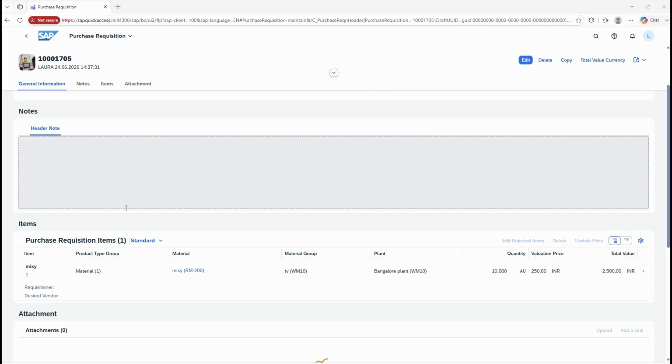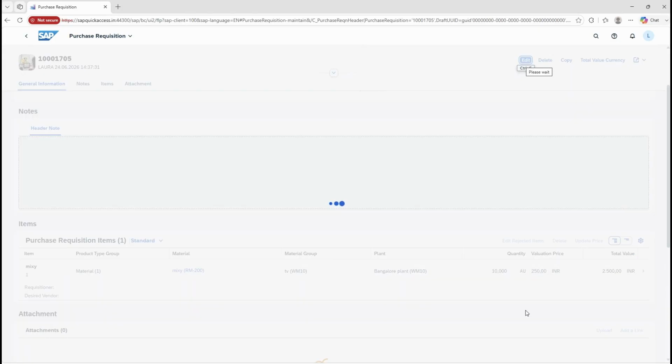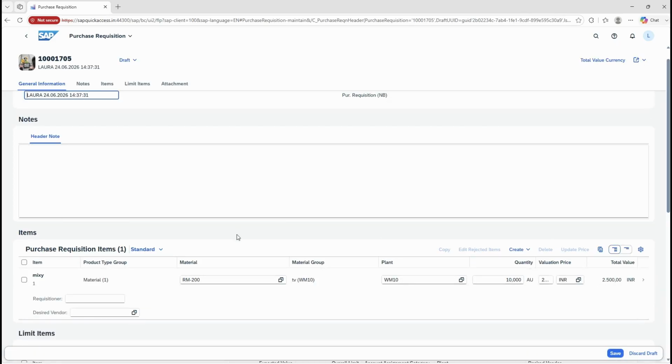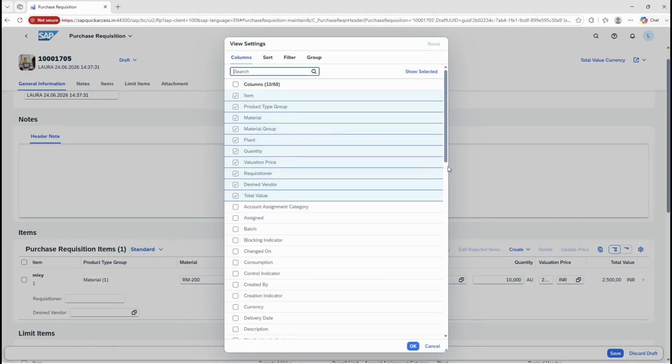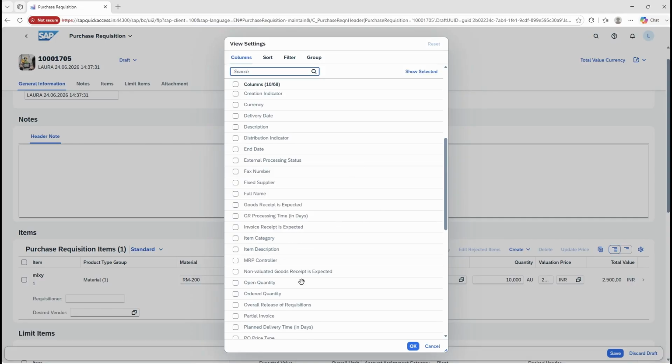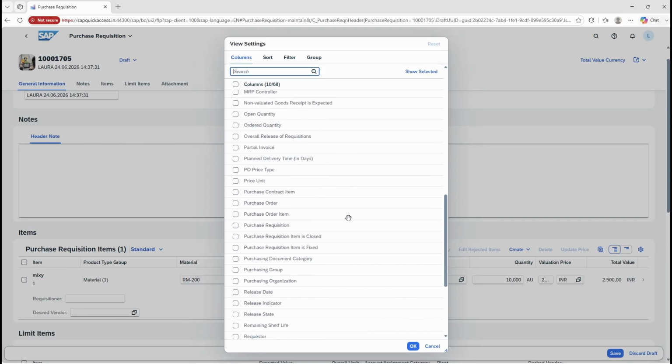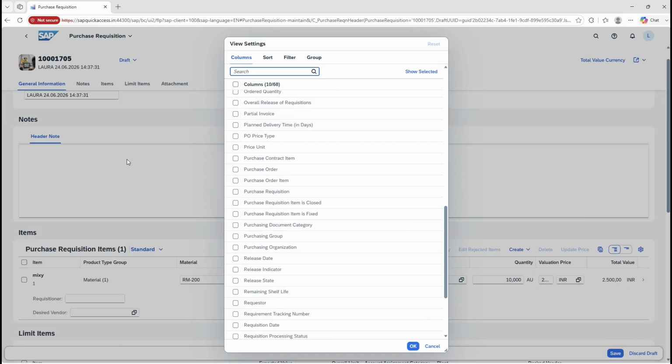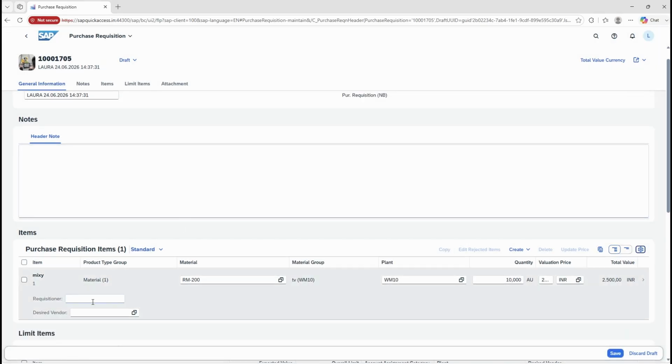And just to give you a short example of what I mean by inline editing, it's just staying in this item overview without the need to go to item details to change the fields. And even though only some of them are displayed here, you can easily change that by going here and just selecting more fields. This, like I said, would reduce the number of clicks. Instead of going to an item details, you can simply change the fields